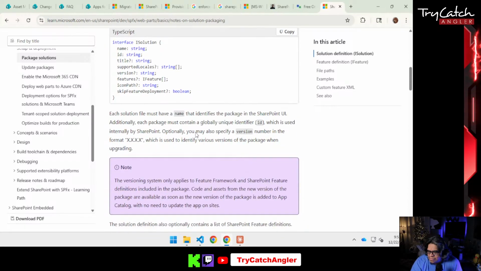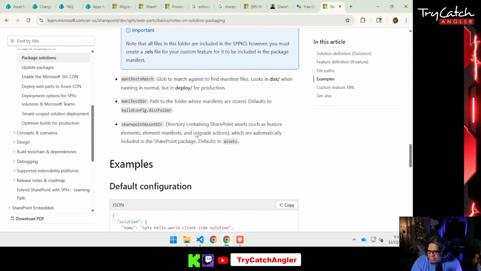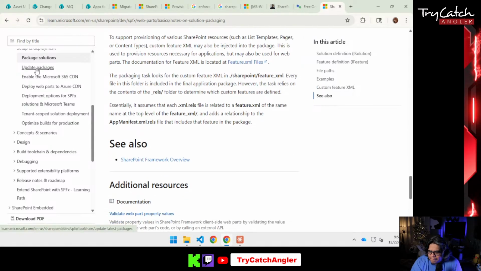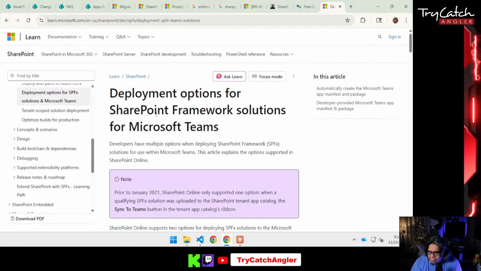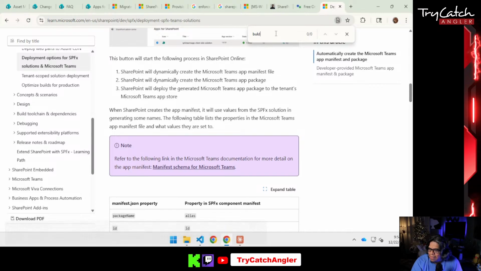All right, so I don't see deploy. Does the package solutions reference the build artifacts? It does by default, look for that in the